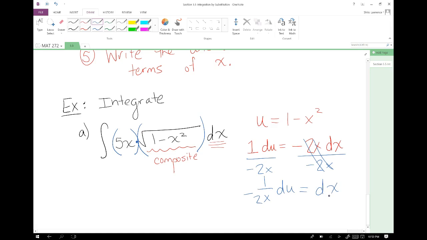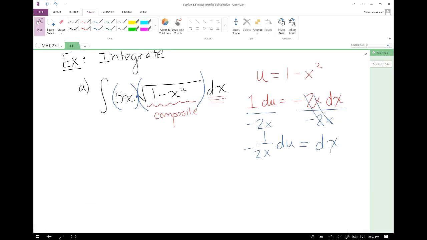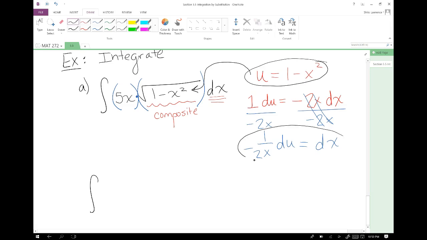So there are two things that we are going to plug in to try to rewrite this integral. I'm going to replace 1 minus x squared with u,